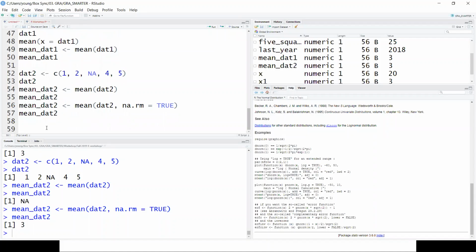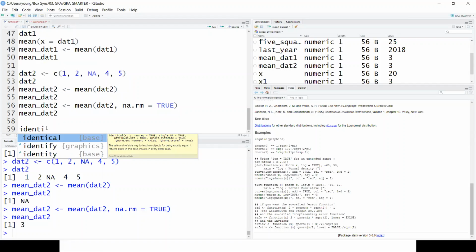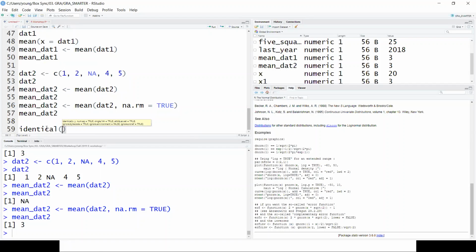So let me check if the mean of data1 and the mean of data2 are the same. There is a function named identical. I didn't type the full identical. I just typed ident and then identical just popped up. And then for the arguments, I put mean_data1 first and then mean_data2 after that.